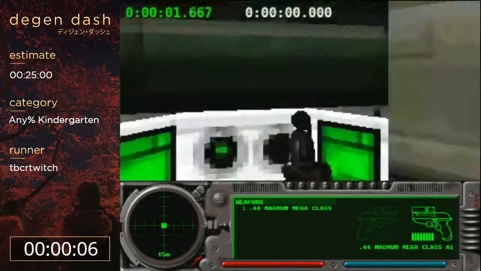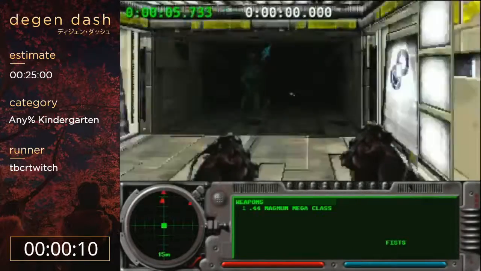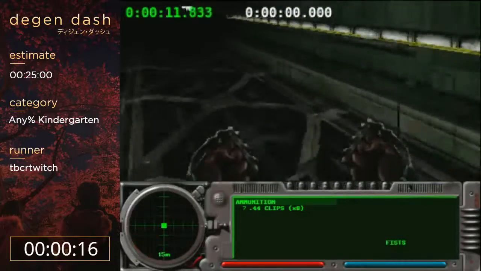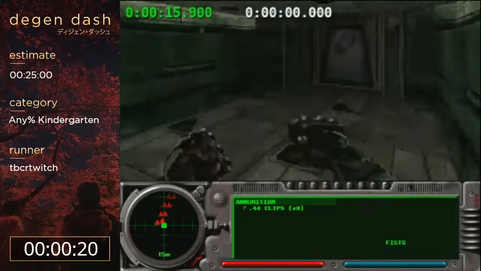Alright, so the first skip in the game is literally in this level. So there is a switch there. It's a developer switch. We don't know why they left it in, but you know, it's there. And we just skipped most of...